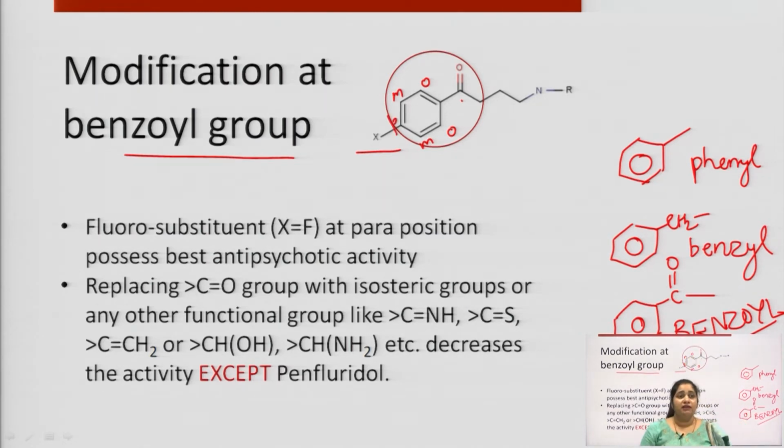When we have a fluoro substituent at the para position, these compounds have the best antipsychotic activity. If we try to replace this C double bond O group with any isosteric group, isosteric meaning those with similar steric property as the CO,